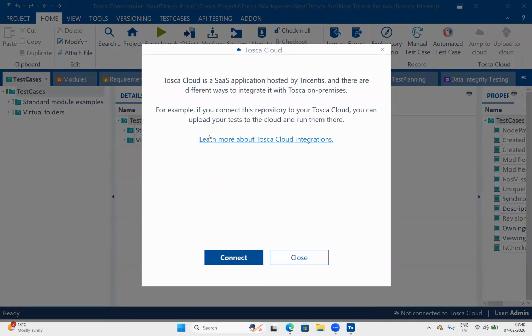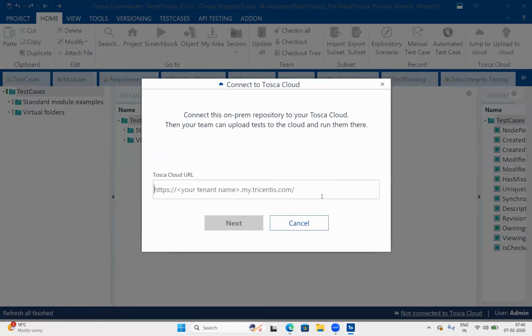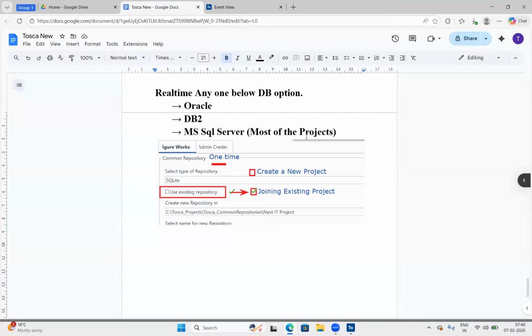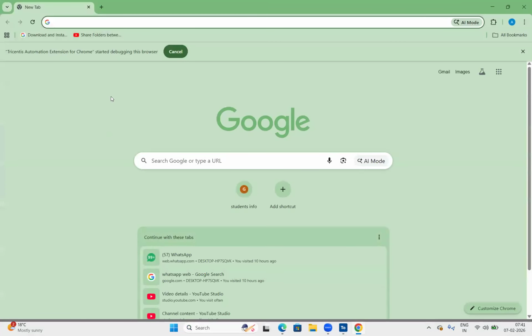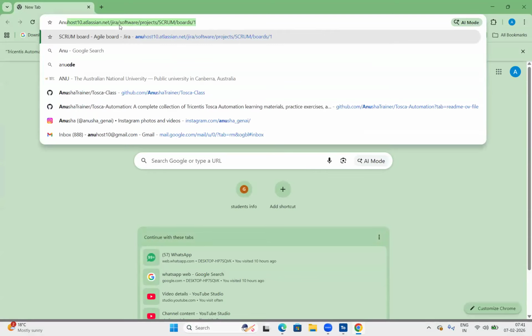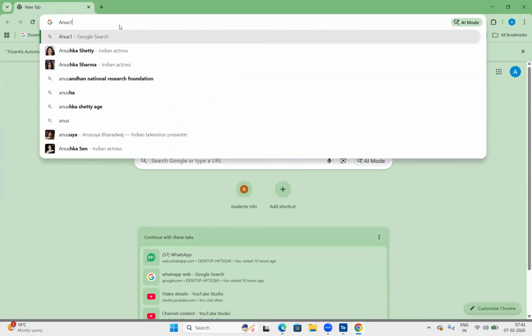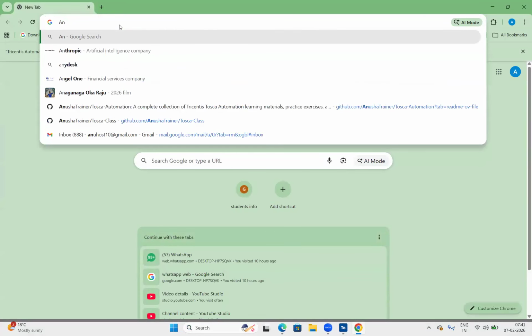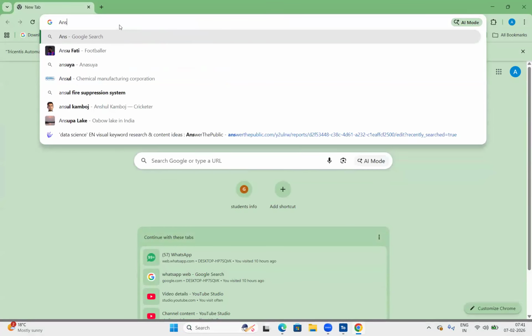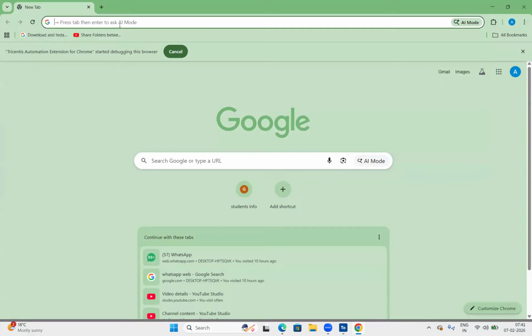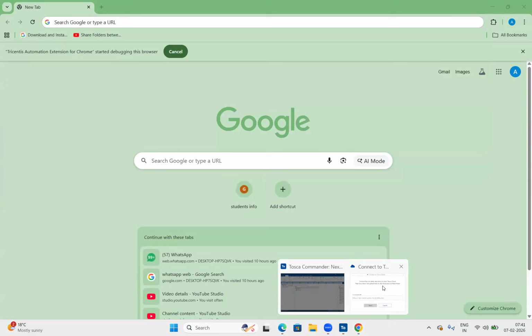So how to connect this one, we can see that. So this is the integration link. They just mentioned how to do everything. So if you use the connect option, we have to provide our tenant URL here. So I have some tenant URL. That license has been expired, but let me do a cross check. I think that is not available. That has been closed today.